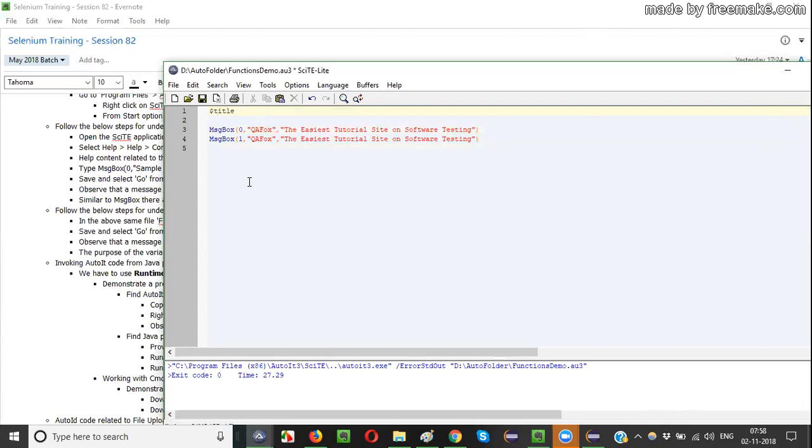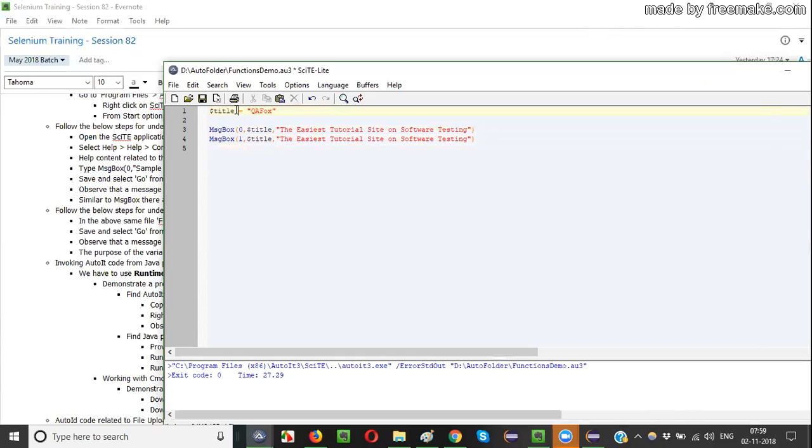Or else you can simply say title is equal to dollar title. You have to start with dollar title is equal to, cut this from here, paste it here. That's it. Now, since you already created a variable and assigned this QFox, you don't need this QFox here, guys. Directly you can say dollar title. Paste this dollar title wherever you want to use QFox. You just say title, like this.